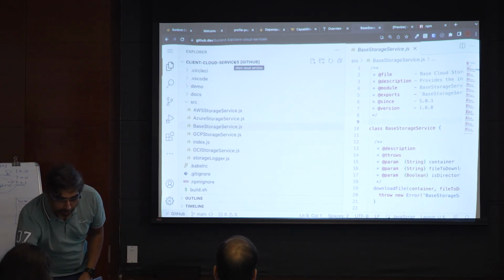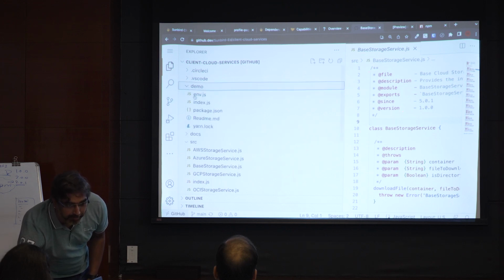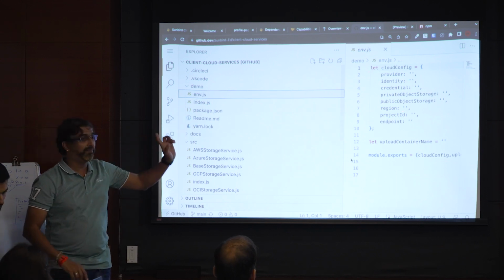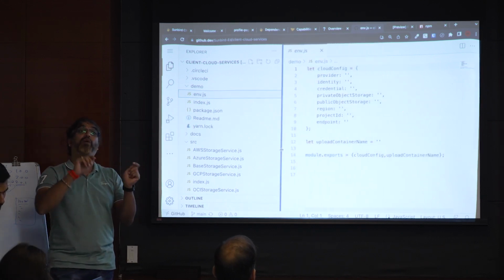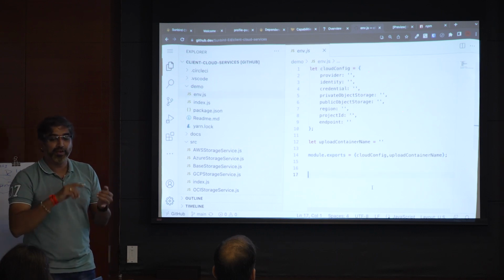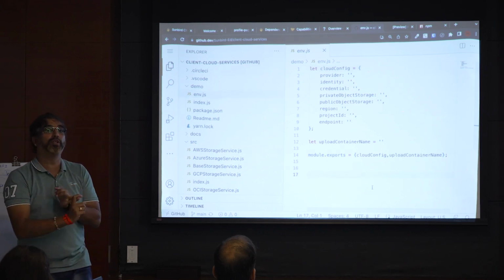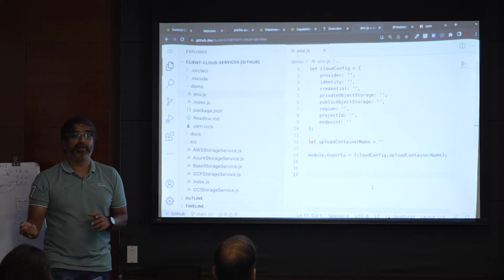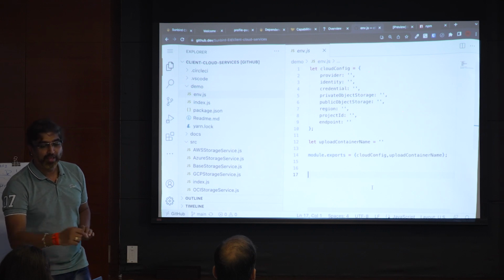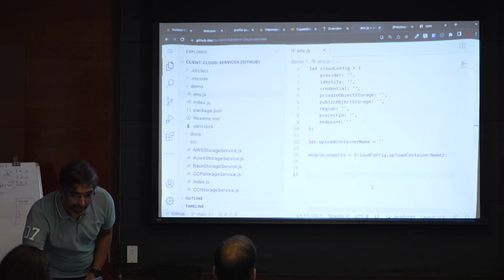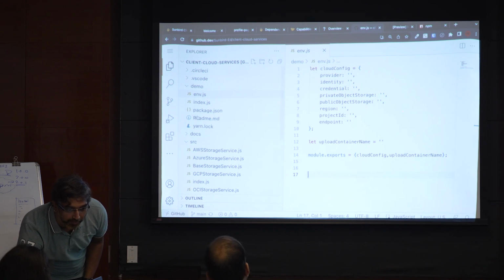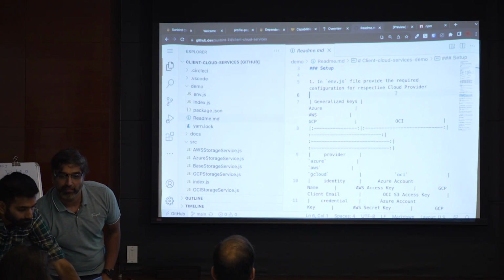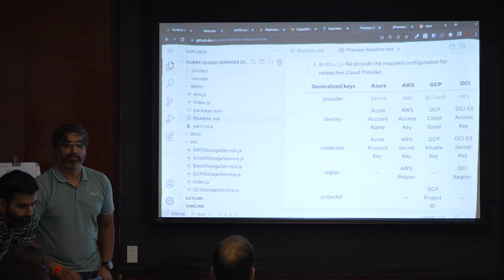If I go to the demo project, there is something called environment, which is nothing but the providers, whatever is required to initialize whichever cloud you want. Whether you want to initialize OCI, Azure, GCP or AWS, anything can be initialized. Once this is initialized, if you can go to the README file of this, all these are